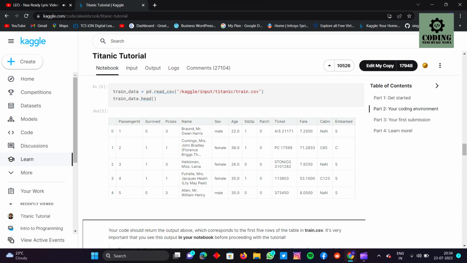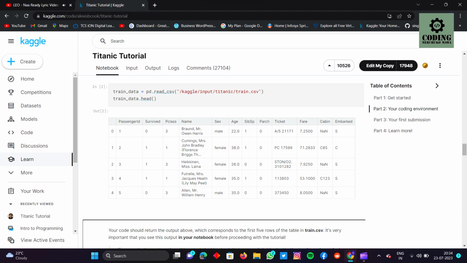Female 38.010 PC 1759971.2833C85C. 2313 Heikkinen, Mississippi Lena female 26.000 Stom/02. 310-12827.9250 Nan S. 3411 Futrell, Mrs. Jacques Heath, Lily Mae Peel, female 35.010-113,803.53.1000C123S. 4503 Allen, Mr. William Henry male 35.000-373,458.0500 Nan S. Your code should return the output above, which corresponds to the first 5 rows of the table